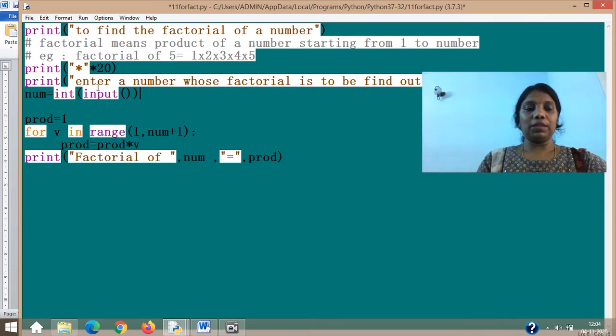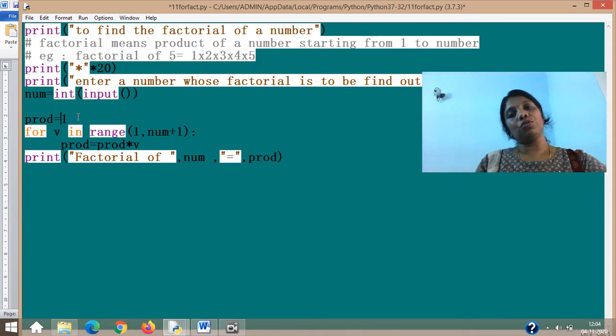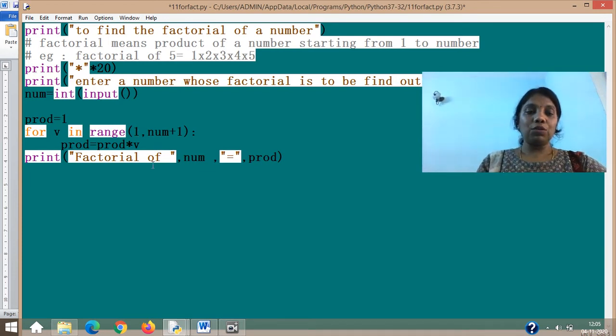Like this way. This time the message is coming on the top in the print. And as I told you, the variable to which I'm going to store my product is equal to 1. That means in each iteration, here we have v in range 1 comma num plus 1. Why num plus 1 is given? Because if I am entering here the number 5, I should be starting with 1, and the 1 should be multiplied with 2, then 2 should be multiplied with 3, 4 and 5. You should reach 5. So only if you give num plus 1, it will be going there, because if you give simply num, it will extend to one number less than the original, isn't it? So that part should be kept in mind.